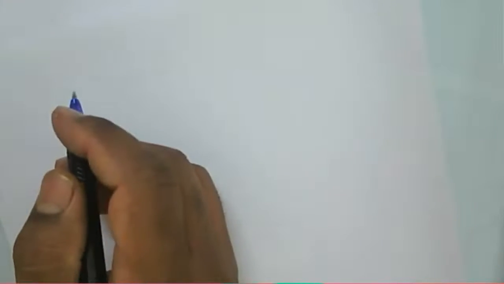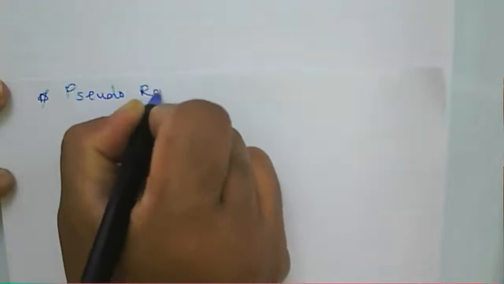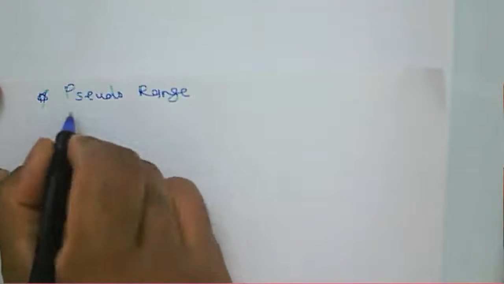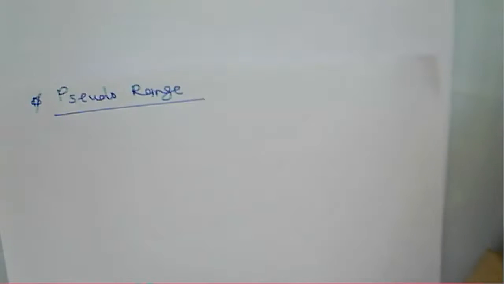So we consider the pseudo range equation using a fourth satellite. That is about the pseudo range. Till now we have just calculated the receiver range. Now